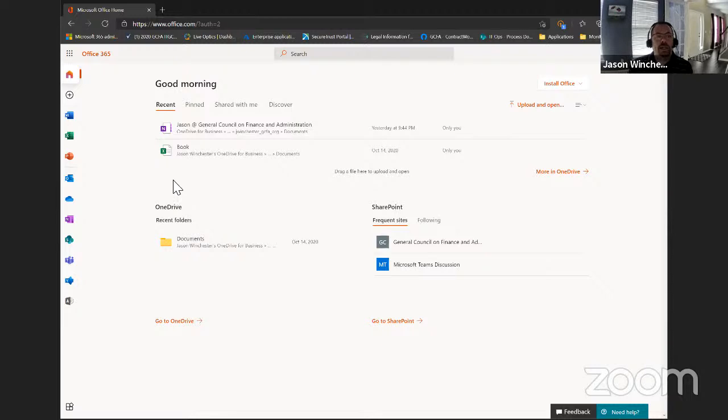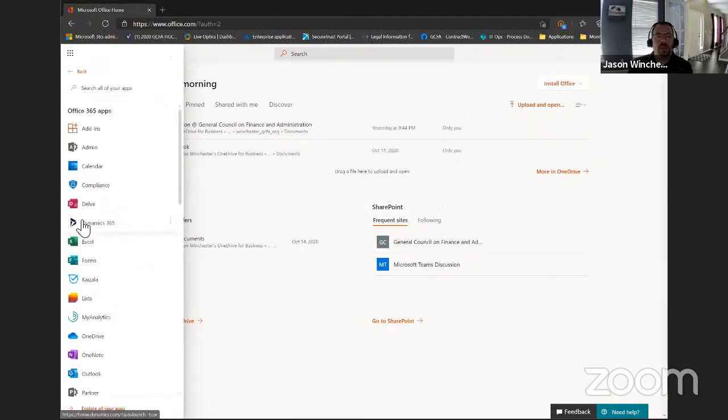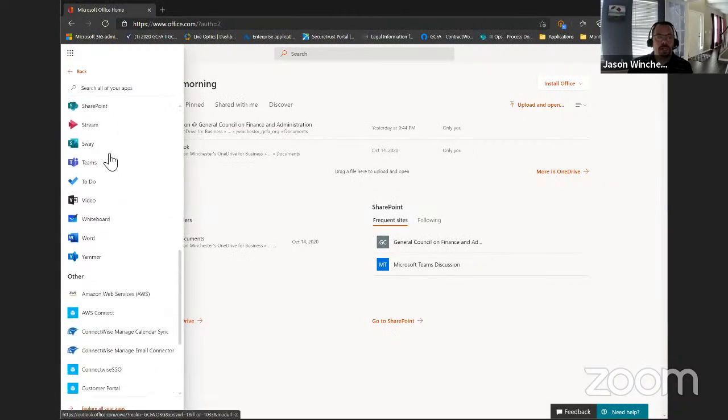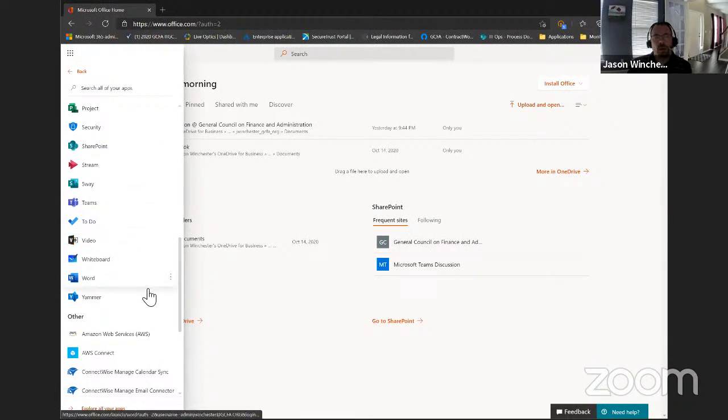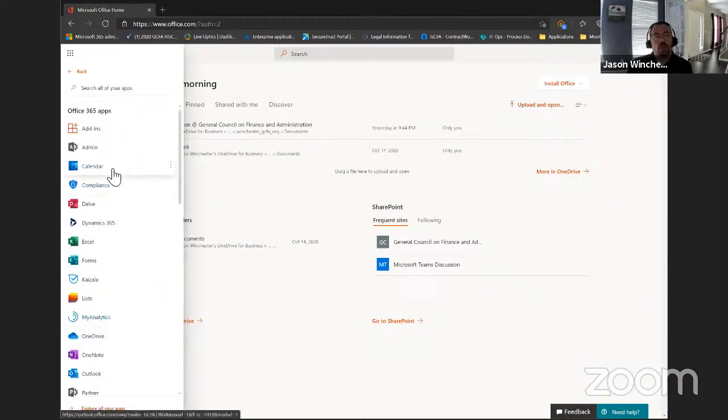So let's take a look quickly at how to get into Outlook. You'll just go to this page and you can either click on Outlook on the left-hand side here, or if you're in an application, you can always click on these dots at the top left-hand corner, and that will show you a list of the applications that you have available. It will show you the top applications that you use. You can click down here to all apps and it will take you to a larger page that will show you plenty of other things to check out. This has more options than what you guys will have available to you. I have a different license, but you will have several options more than just email.